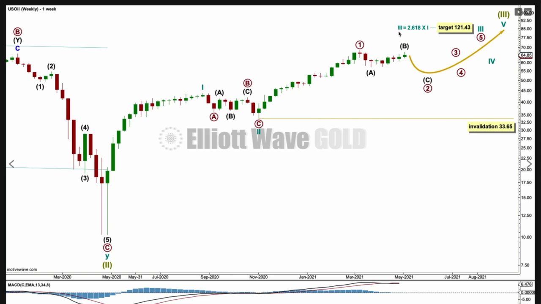If cycle 1 and 2 are over here, then this is where cycle 3 begins. I am using the Fibonacci ratio of 2.618 to calculate a target, because I'm considering how high I expect supercycle 3 to get on the monthly chart. And so my target for cycle 3 is for it to reach 121.43. Within it, it would be incomplete, with primary 1 complete, primary 2 possibly continuing lower next week, may not move beyond the start of 1 below 33.65.